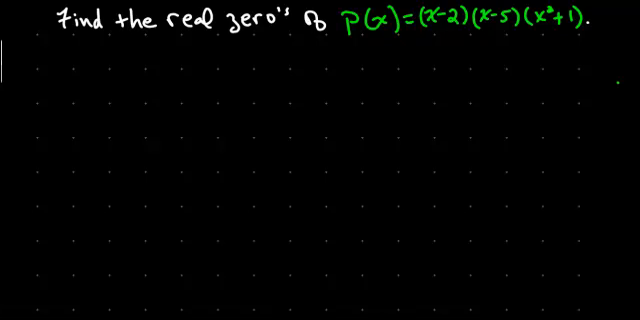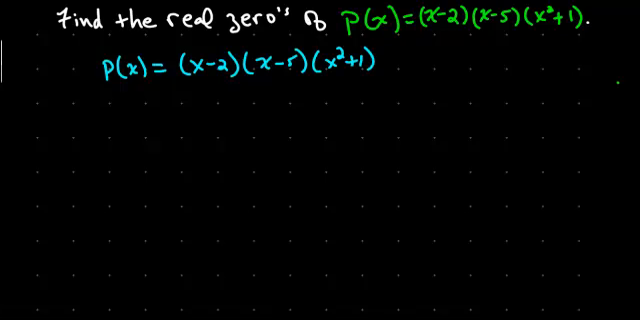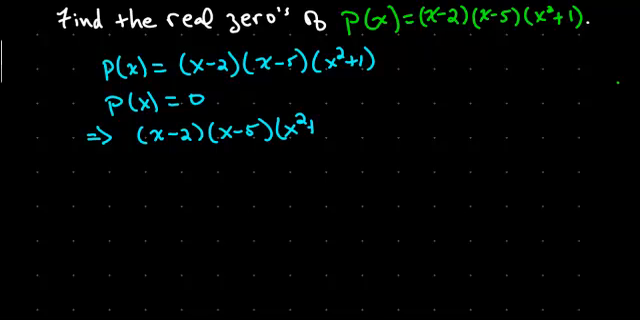So we have p of x equals x minus 2, x minus 5, and x squared plus 1. So to find the zeros, we set p of x equal to 0. So this implies that x minus 2 times x minus 5 times x squared plus 1 equals 0. And from what's called our zero product property, we know that when we're multiplying,